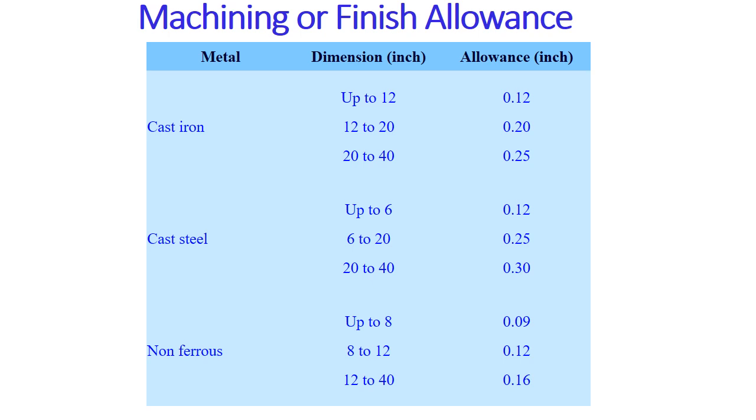The third point is the machining or finishing allowance. This is also important. Sometimes we have to make the casting as per the requirements of the customer. At some area, the customer needs a very flat surface which cannot be achieved by the normal casting process. So we require some sort of machining to make that casting perfectly smooth and even. In that case, we need some machining stock to be added at that area.